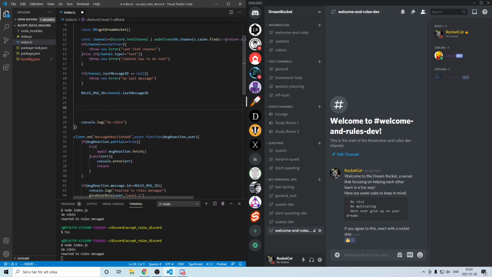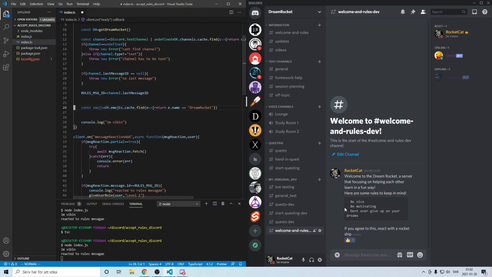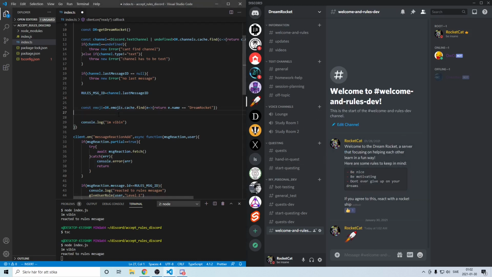All right, we're going to go ahead and on the DR, we'll get that emojis. Emojis has names as well, and the name of emojis are whatever you put in between the two of these. So this emoji is called Dream Rocket. So this is the name of it. Between that one and that one, that's going to be its name. Emojis, right? So now if emoji find